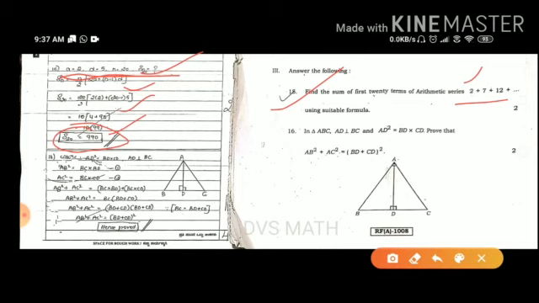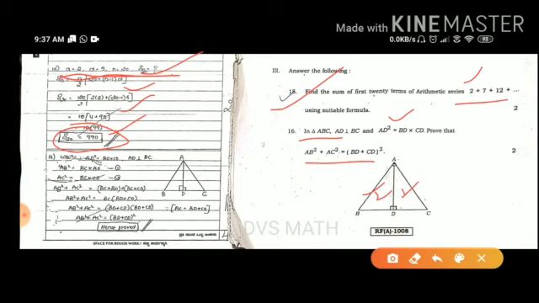Next, it is related to the triangle lesson. What are they saying? In a triangle, AD is perpendicular to BC. That means here is one right angle triangle, and here another. That means you can apply Pythagoras theorem. Prove that. They gave it like this, so it is very simple. This is the given part, keep it as it is. For this, here triangle 1, triangle 2, apply Pythagoras theorem separately.